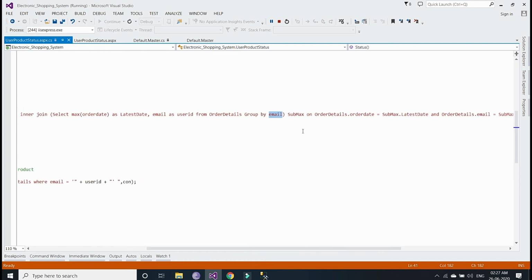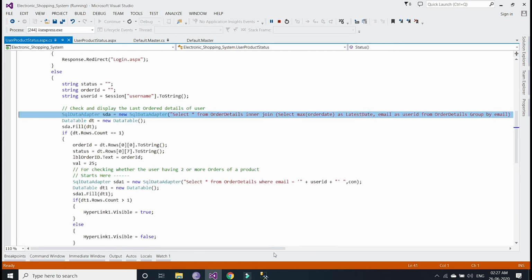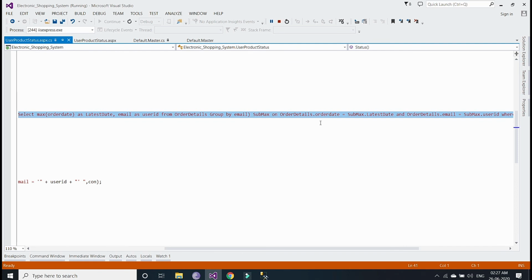After that, it will get the submax on order details, that is order date. Inside that, if you are using inner join to get the column name of a particular table, then we use the table name, dot, and the column name, that is order date. Here order details is a table name, and inside that order date is present.